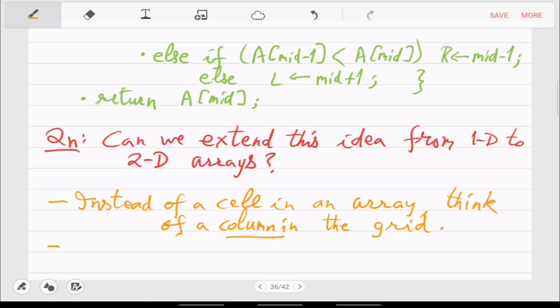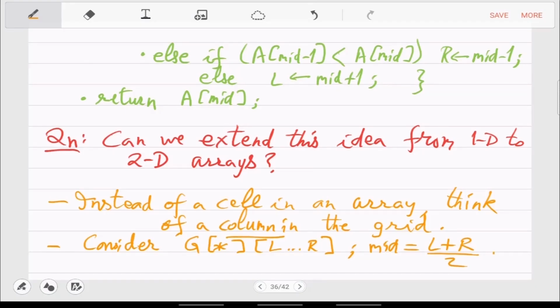In any iteration, or in a screenshot of the algorithm, what you will see at any step is all the rows and columns from L to R. The middle will be, the same value, L plus R by 2, but now this is considered as the column.